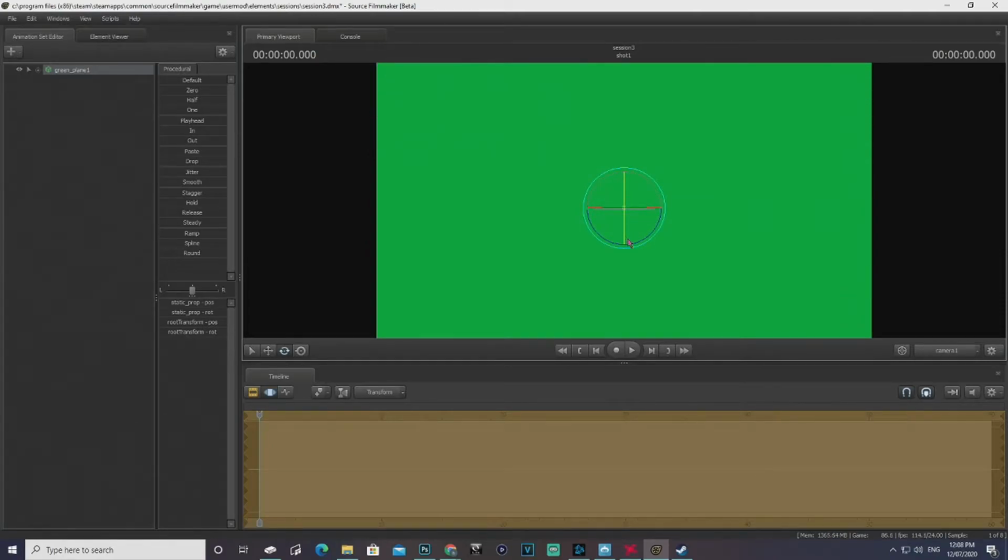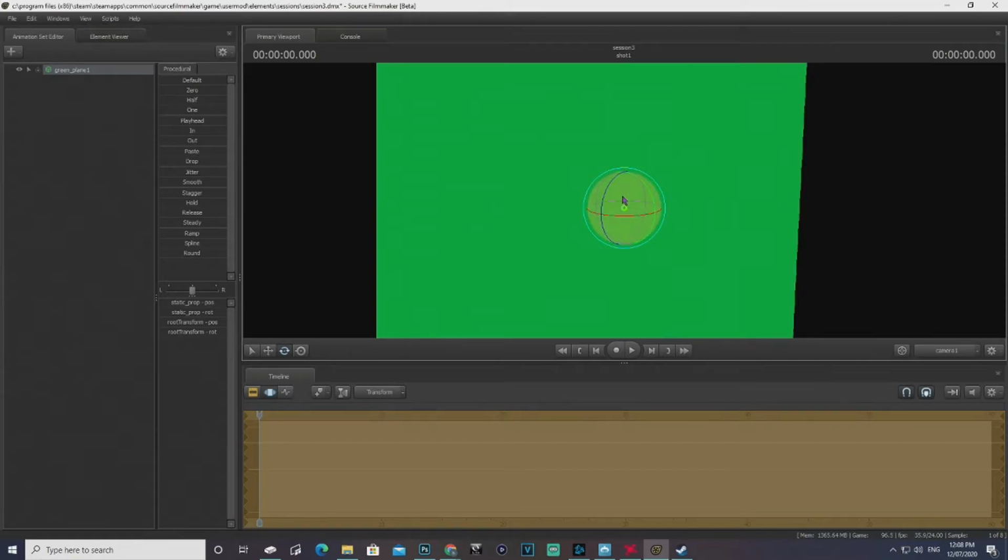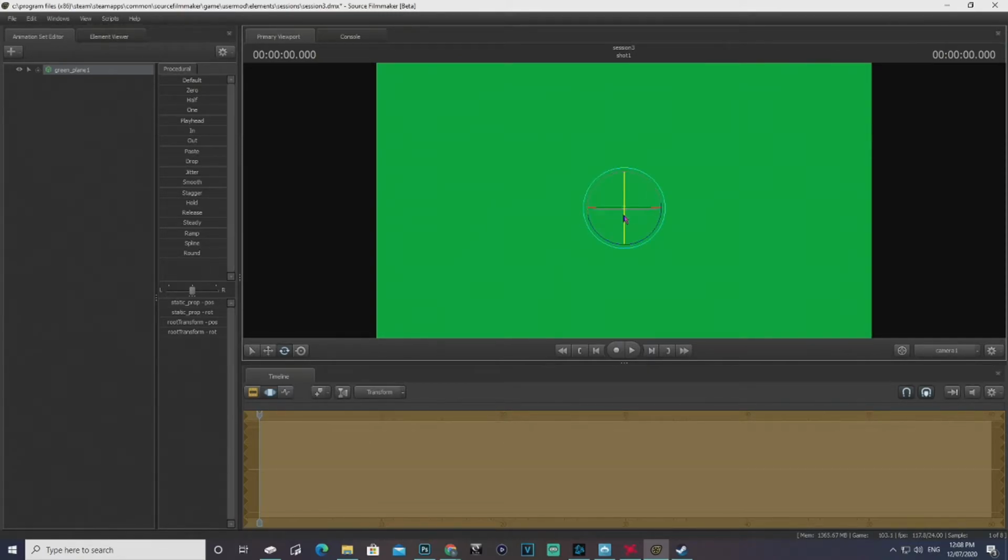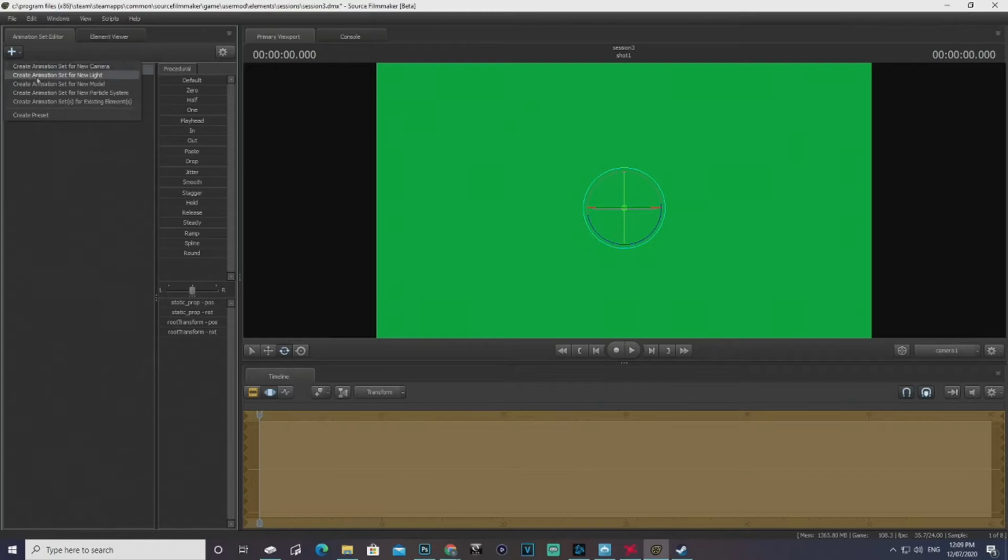This just makes it so much easier to get the green out of in Photoshop and to have the character stood still. So you want to try and get this pretty much level. I'm butchering this right now. The amount of times I've done this and I'm getting it all wrong. So yeah, you want to get it back there so that red line's now in the middle rather than the blue line. And then you're going to want to come over to this bit again and go for new model,